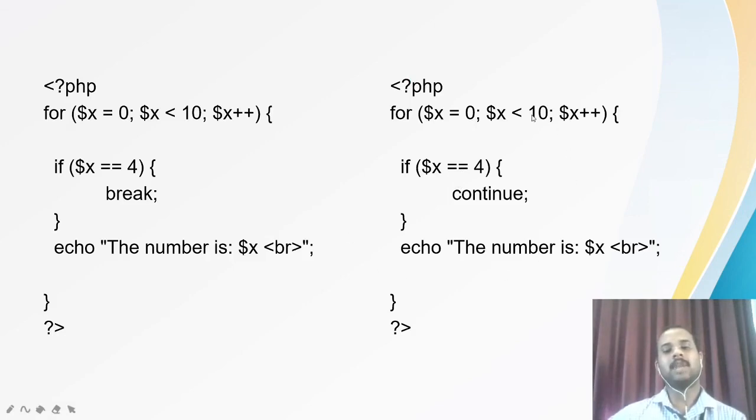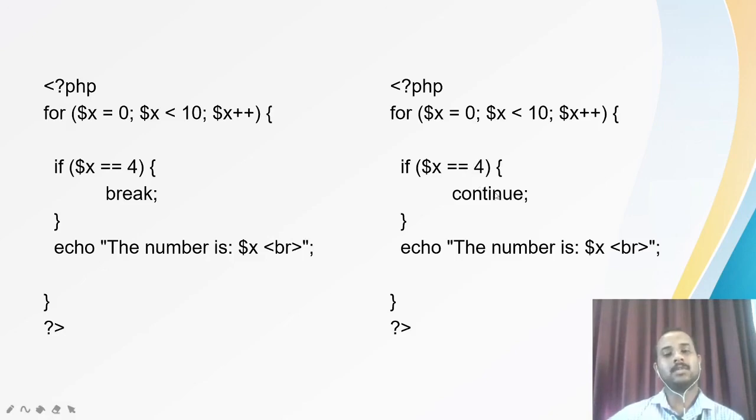Again it will go back and $x is equal to 2 now. So 2 is not equal to 4, so it will print the number is 2, and then 3. Again it will go back and you will have 4 now. 4 is lesser than 10, and is 4 double equal to 4? Yes, 4 is equal to 4.